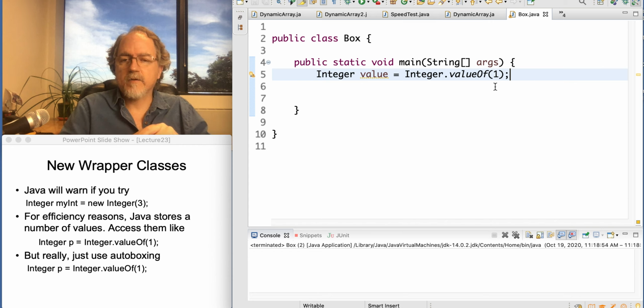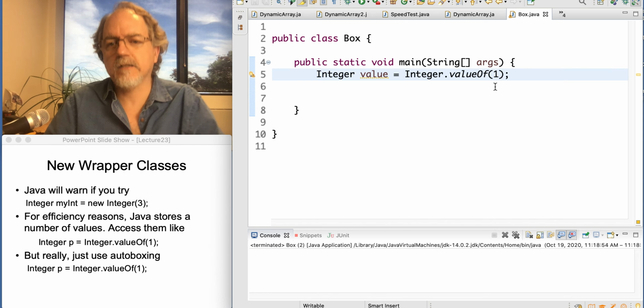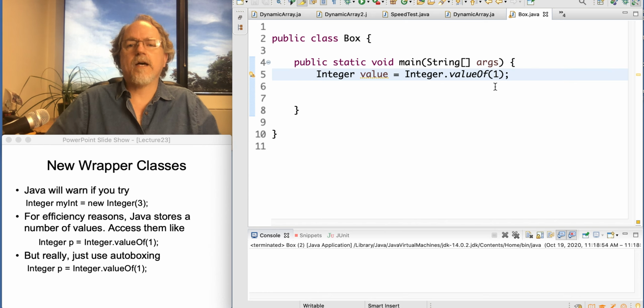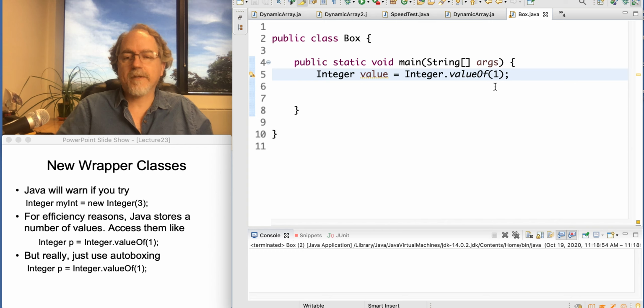If you start using bigger numbers, it will just create that one for you, but also remember it. So if you ask for it again, it will also have it pre-built. So it's called caching. It basically stores them for later use. So again, I have trouble remembering that. I will always make a new integer 3, and then it'll complain, and I go, oh yeah, then I go look up how do I make an integer 3 in Java, and it'll